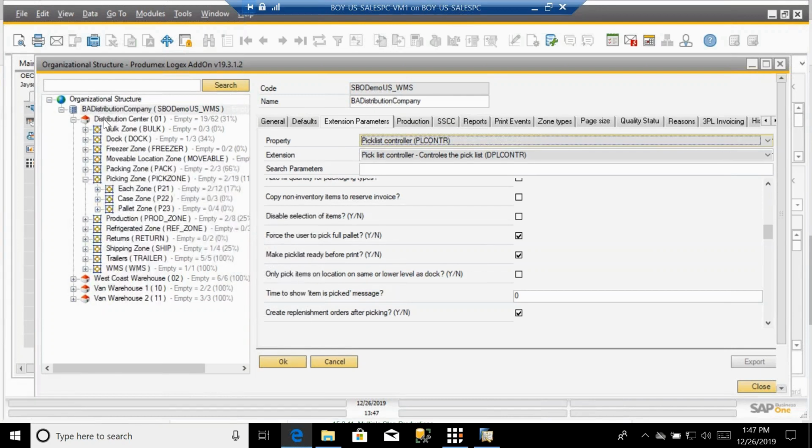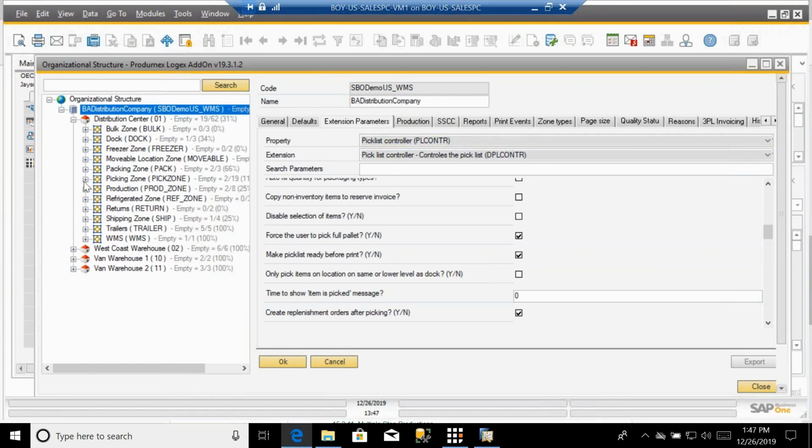And then as you get down into each different warehouse, you have the ability to go ahead and define what we call the organizational structure associated with that company. And in the spirit of being able to break these videos up into smaller digestible bites, we're going to go ahead and wrap up this configuration topic